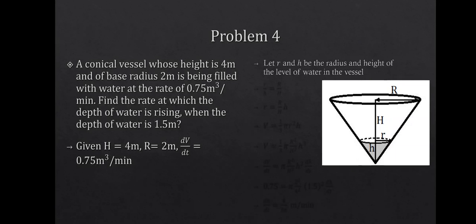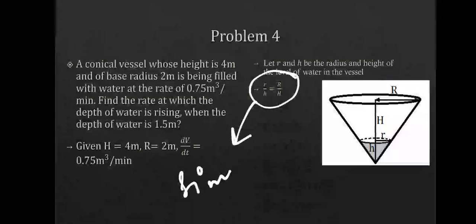Now I already talked about this, that let small r and small h be the radius and height of the level of water in the vessel. So that is understood. Now this is something which we need to understand. The ratio between small r and small h is the same as the ratio between capital R and capital H. This comes from similarity of triangles,